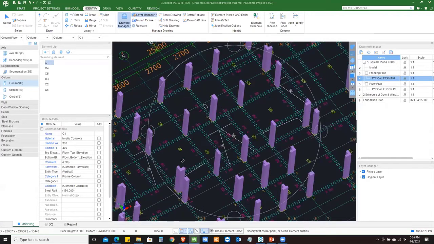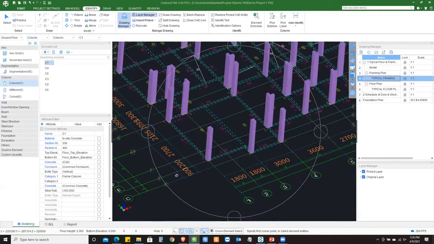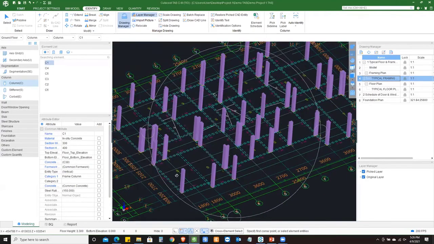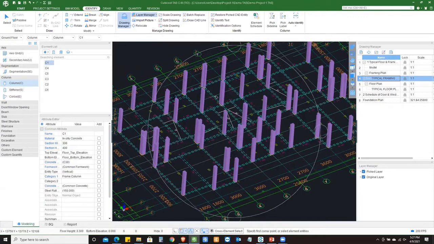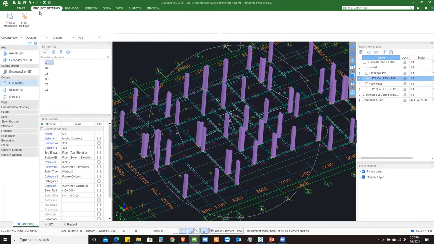Inside of the 2D lines, you get to see that from the 2D lines, different shapes are being generated by the software automatically. Now, there could be a common question, which is about the height, because obviously we are dealing with the levels or different heights. So if you look back to the project settings here,